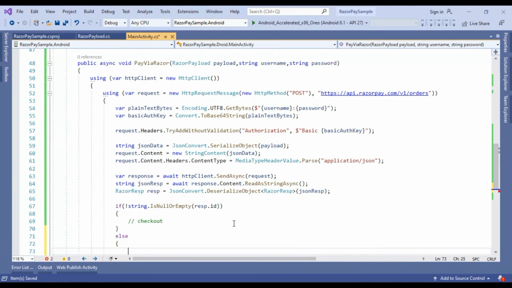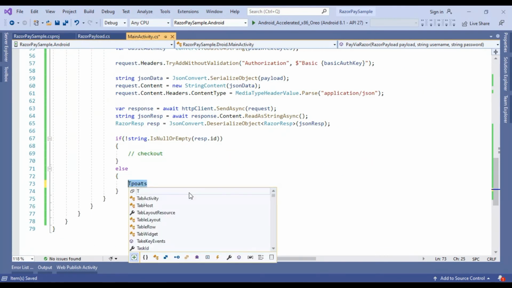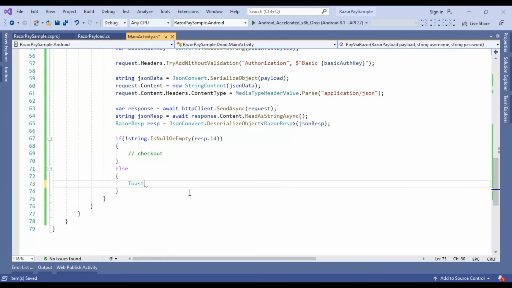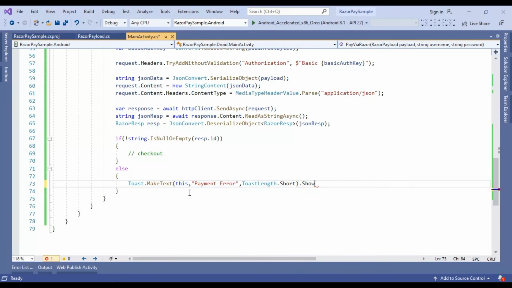Otherwise we will show a simple toast message here, Toast.MakeText, passing context here and the content as payment error, and the toast duration, ToastLength.Short.Show.